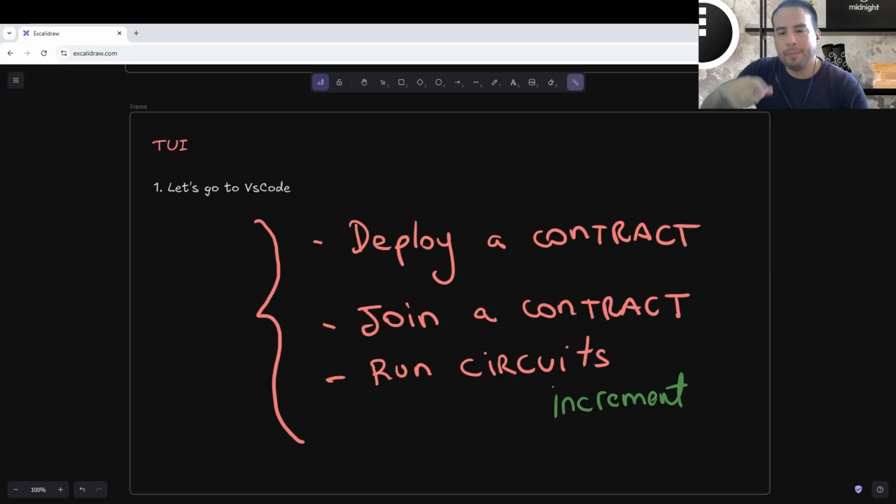So before going deep into the code, let's understand what we want to accomplish. So at the end, we want to actually do these three things with our contract. We want to deploy a contract. We want to join a contract created by us or created by somebody else, and run the circuits. In the case of our counter contract, we only have one circuit, which is increment. So to better understand,